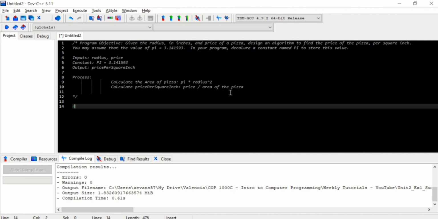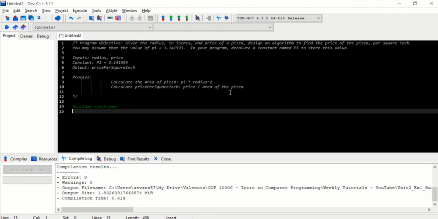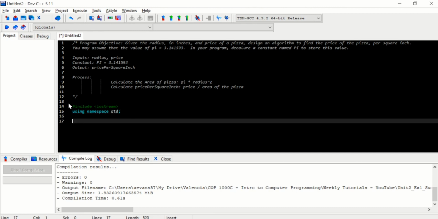Remember, since we're going to be taking input and output from the user, we need to #include iostream. And we need our using namespace std statement in order to access those input and output functions. Now, we also have to declare a constant because that was part of the program objective. So after we declare our #include and using statements, we're going to add a statement to define pi. We're going to use the keyword const, C-O-N-S-T, to declare pi. We're going to use all capital letters for constant declarations. That way, as I'm reading through code, anything that's always fully capitalized is a reminder that that value is a constant value. So we're going to set pi to be equal to